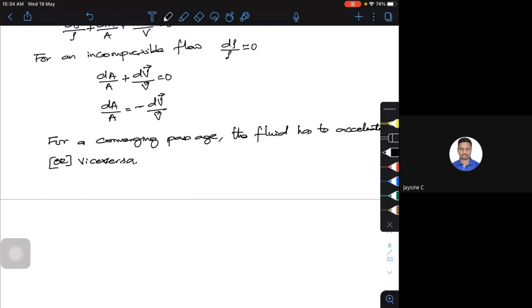But what about a CD nozzle? A CD nozzle is a very special type of nozzle, where in the converging portion also we could see an acceleration of the fluid, and it will further accelerate in the diverging portion. So that's why the converging diverging nozzle is taken as a special case. It's a special type of nozzle designed so that I will get higher Mach numbers. If you want higher Mach numbers or higher acceleration of burnt gases, gas nozzles or steam, we try to use the CD nozzle. That's the reason.